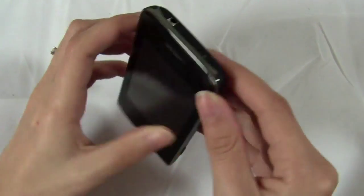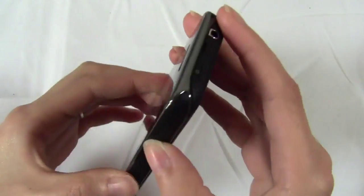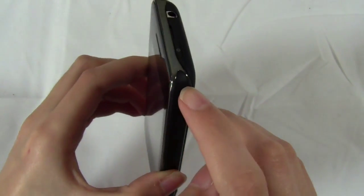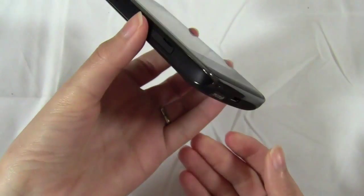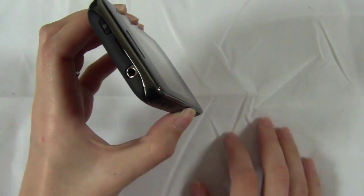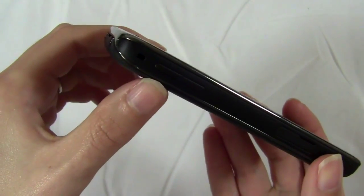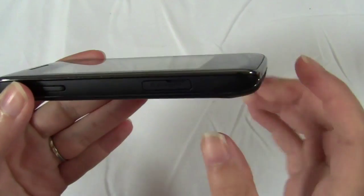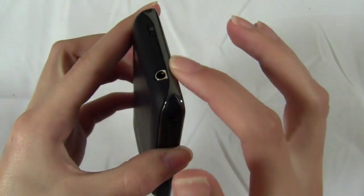On the sides, well, actually on all the edges, you can see it has this chrome accent, which isn't very different. But then on each tip, you can see it kind of curves and then comes to a point there, and the same here. Just an interesting little design there that kind of makes it look a little cool. And you can barely tell on the ends here, it tapers down in just the slightest, and you might not be able to tell that, but it just gives it a little more curve,